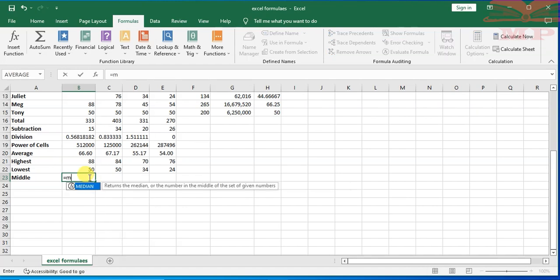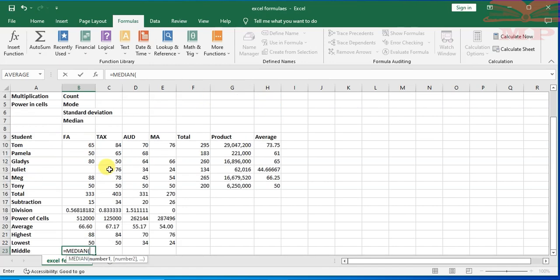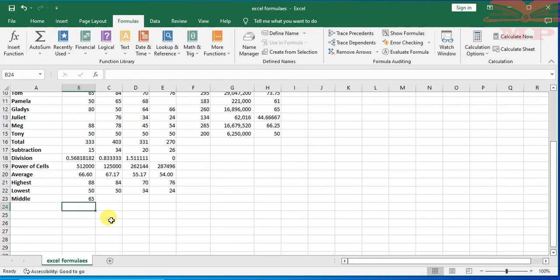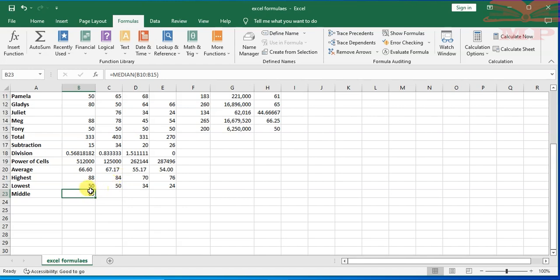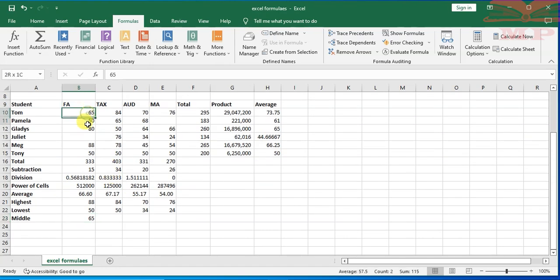Equal sign, then we do median. So you double click on the median, and you can get the lowest value in that set of data, median. Of course, when getting the median, Excel arranges from the lowest to the largest and then accesses the median value. So if you arrange these items from the lowest to the largest, the median value will